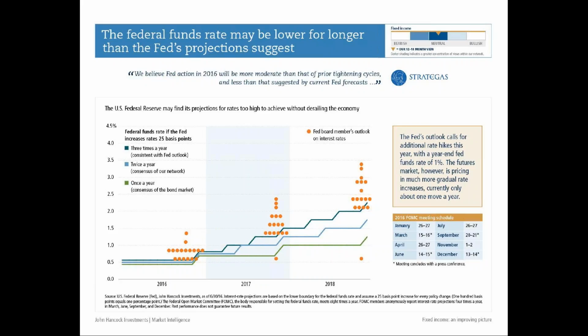If your duration risk, or your risk of interest rates rising in your fixed income portfolio, with a 1 rate hike a year, it'll trim your returns, but it's not going to be as much volatility as the last cycle where Greenspan raised interest rates every single meeting and rates moved pretty quickly higher. This is kind of a new normal, is what some people have called it, in that rates are rising at a very slow pace. And it means that it's okay to own bonds, and that you're likely to see low returns, but you're not going to see this kind of bloodbath that many had feared a couple years ago.